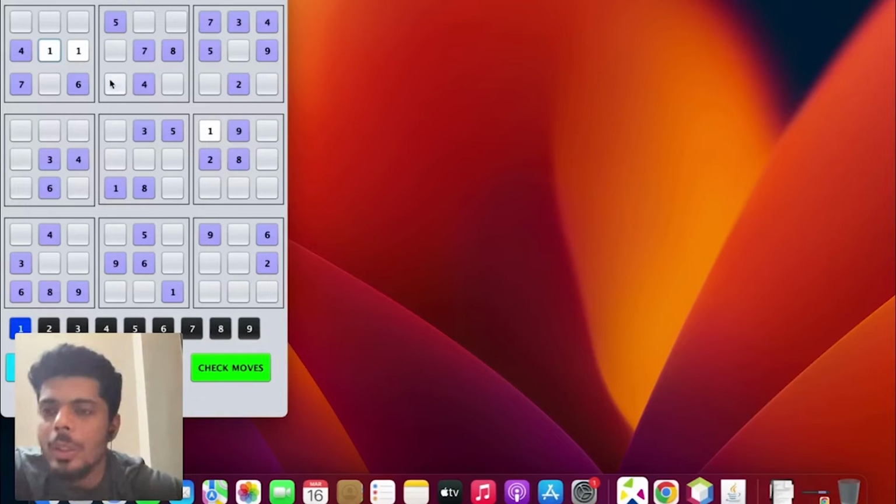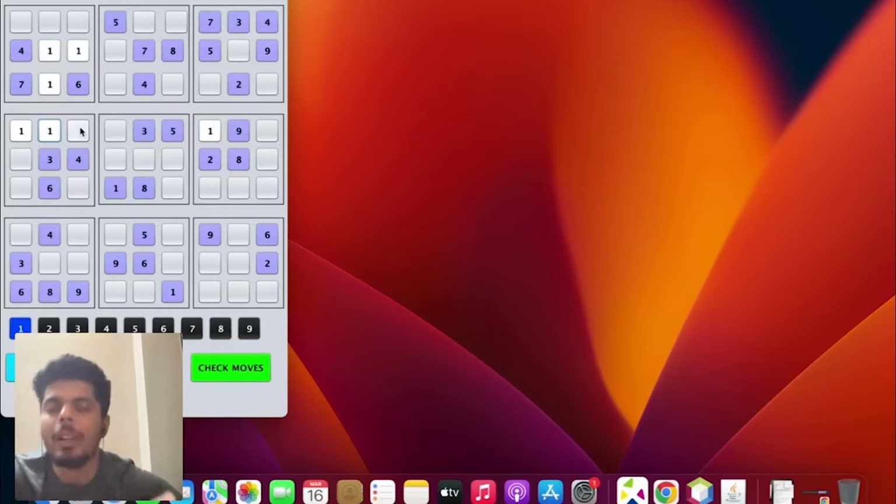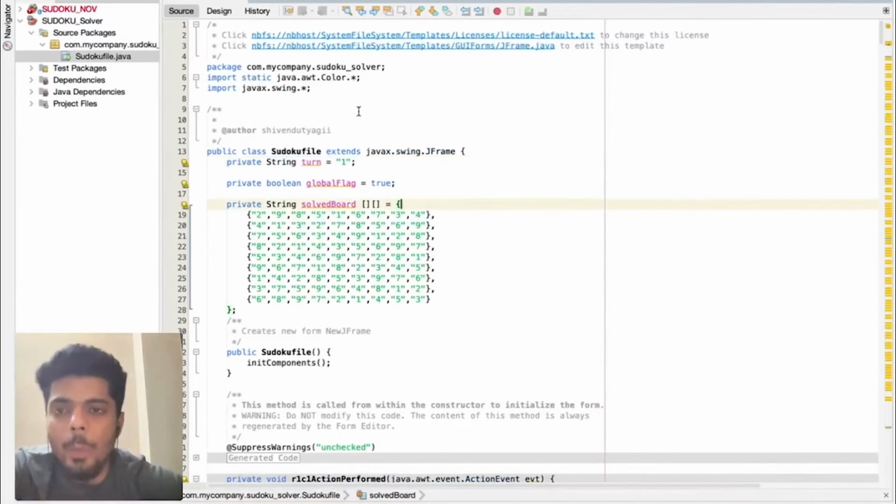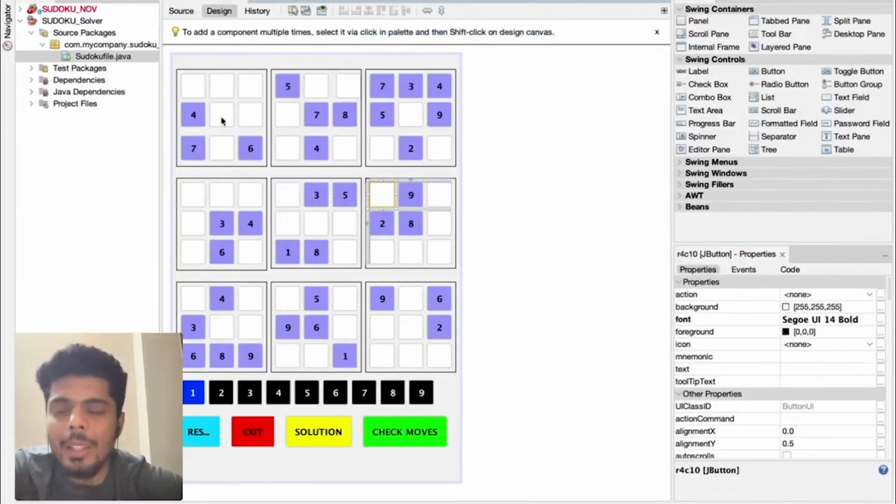And also, one question you must be thinking: why I've replaced the background color with white. So that after filling up the whole Sudoku, you can realize what values you have filled and what values were already present, pre-filled, right? So just to differentiate that, I've replaced the background color with white while filling up the values. Okay, great. So I hope this much part is clear to you guys.